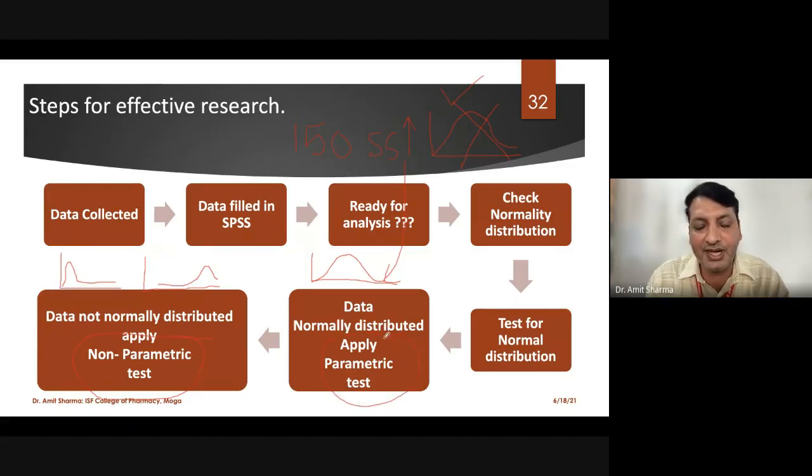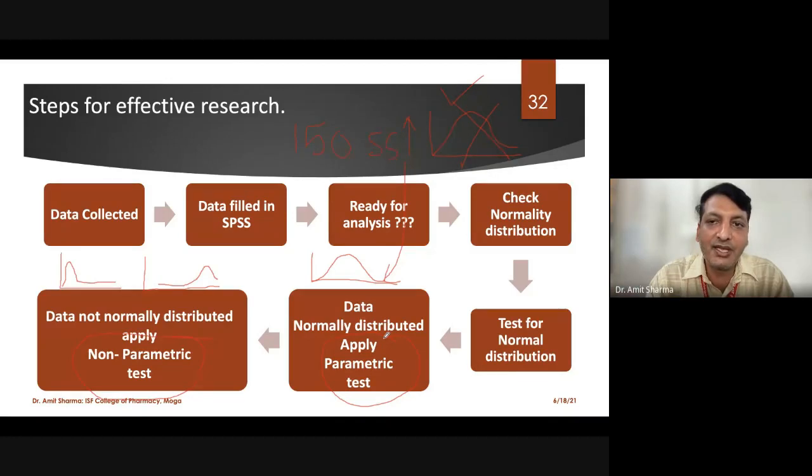So in statistics, we have two different kinds of test. As I told you, the first one is parametric and the second one is non-parametric. And I think you are able to understand in which cases you have to apply the parametric test and in which cases you have to apply the non-parametric. When you have got the bell-shaped curve, you are eligible for the parametric test. As simple. And when you didn't get the bell-shaped curve, you have skewness in your data.